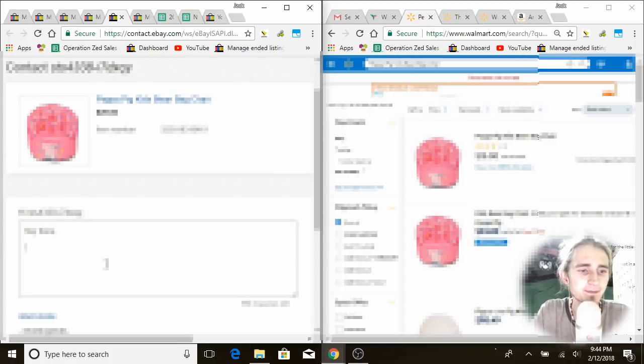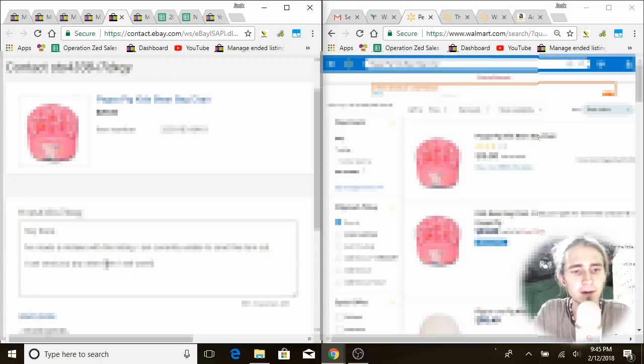Hey there. I've made a mistake with this listing. I am currently unable to send this item out. I can send you any other item I sell worth 40 or less. So I'm using bigger numbers here, right? Because this is a $29 item. So I'm saying, hey, if you guys want, you can buy a $40 item from me, and I'll just send